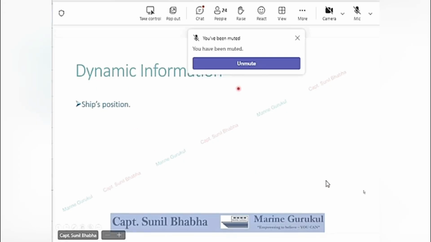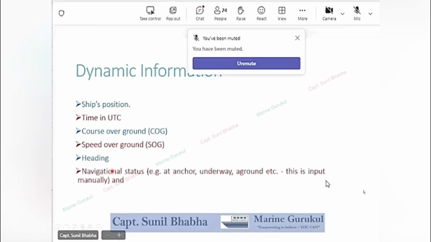Now coming to dynamic information which keeps on changing, we have the ship's position, the time, course over ground, speed over ground, the heading of the ship, navigational status, for example, whether the ship is at anchor, underway, aground, etc. This is input manually, and the rate of turn wherever it is available. So if a rate of turn indicator is connected, yes, it should be